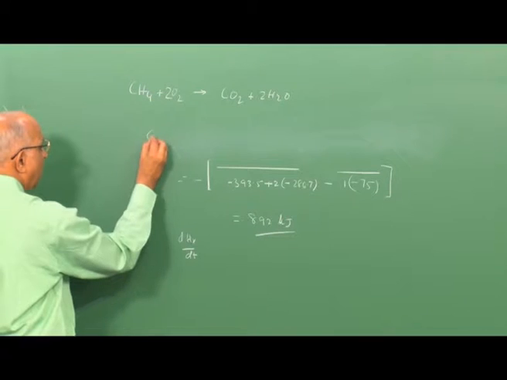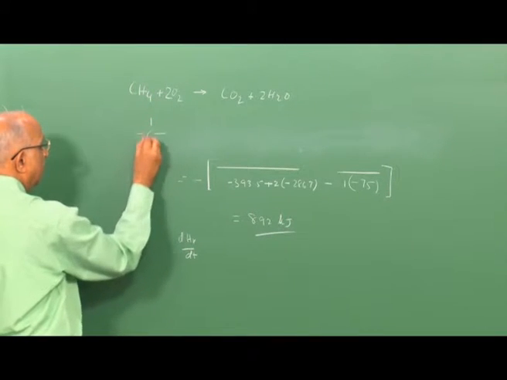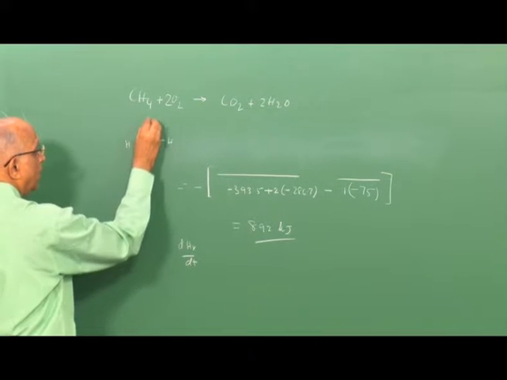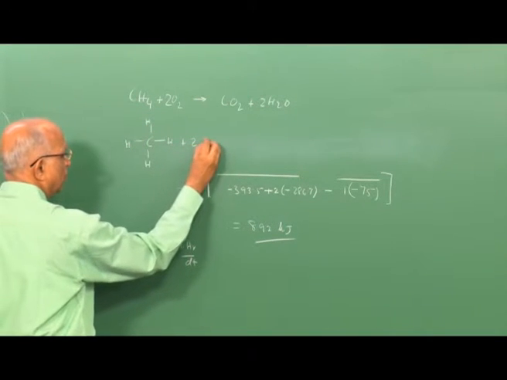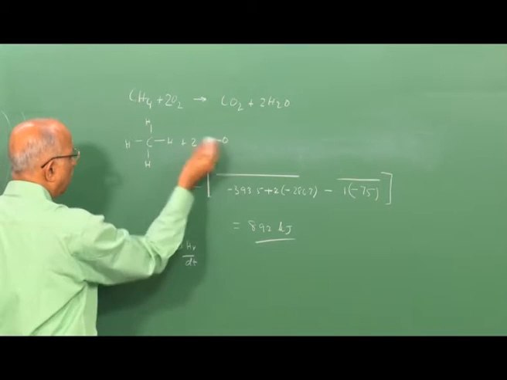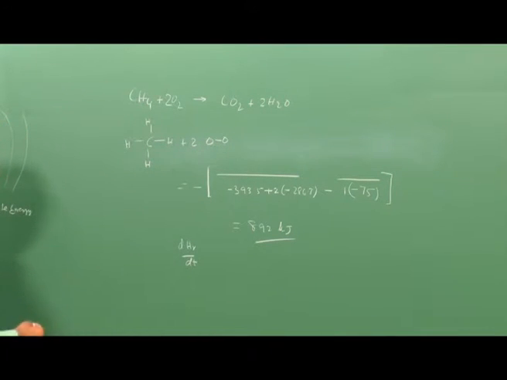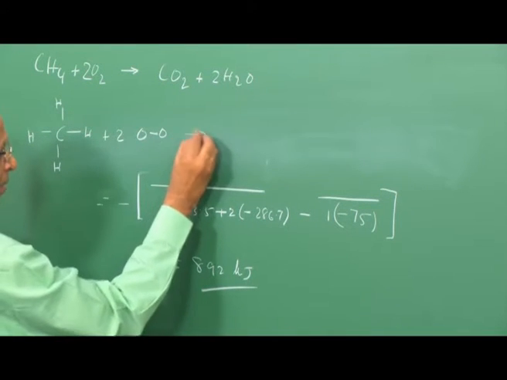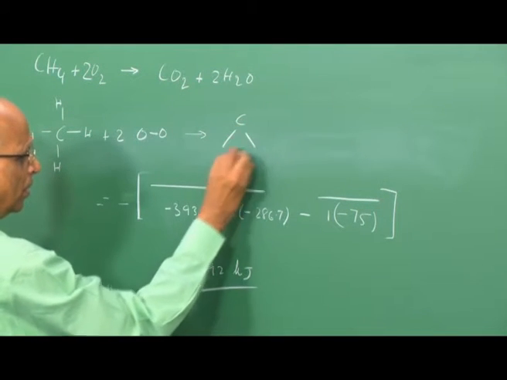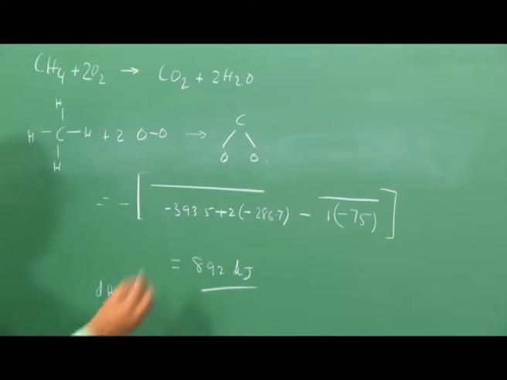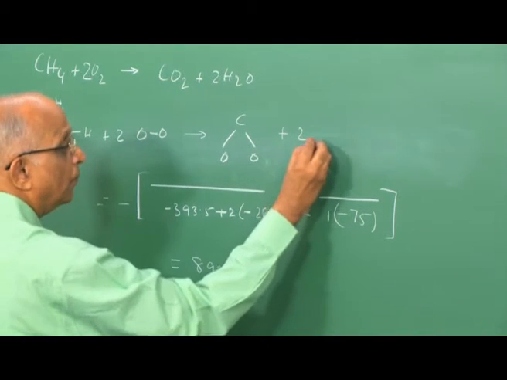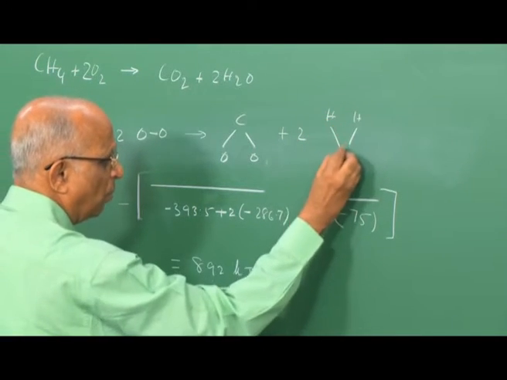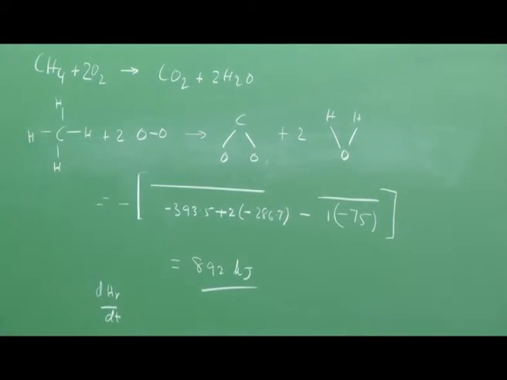I have methane, which is a straight chain alkane, something like this. I have 2 moles of oxygen; some bonds are there, I am not really looking at double bond or triple bond, I just say 2 oxygen atoms are joined together. I have one CO2, and 2 moles of water, with H over here, both forming water. Well, this is the reaction.